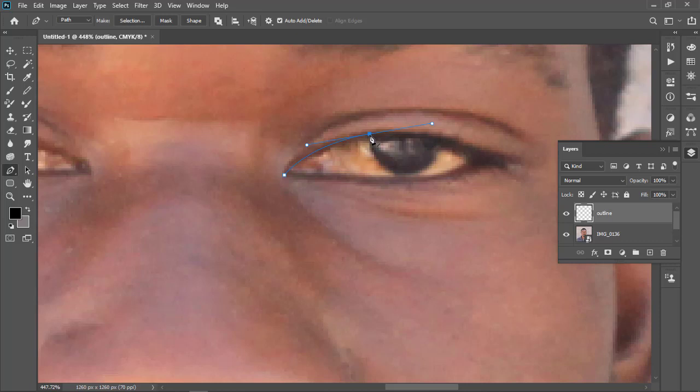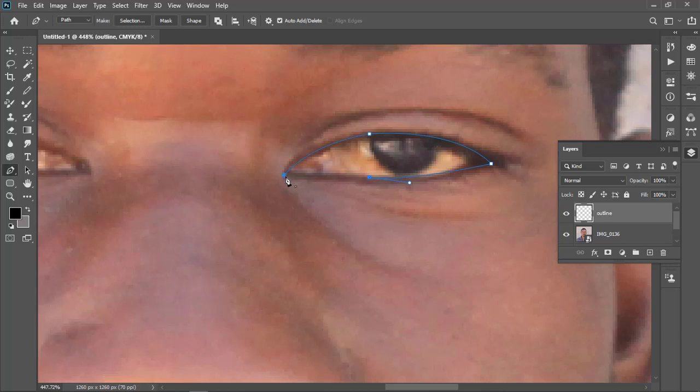Now once you see the minus icon down the pen tool, you press Alt, then you left click, then you continue, keep holding until you get a proper drawing, release, you come here, press Alt. Okay, do the same thing.